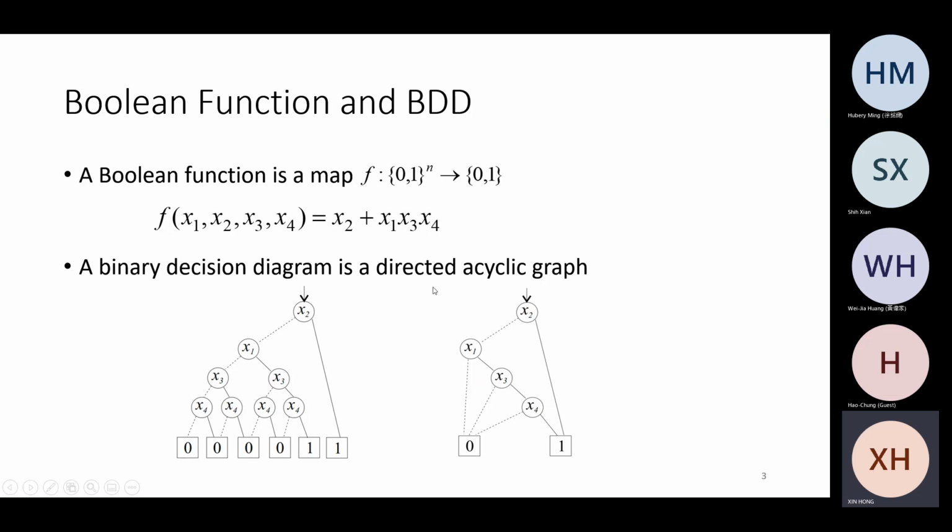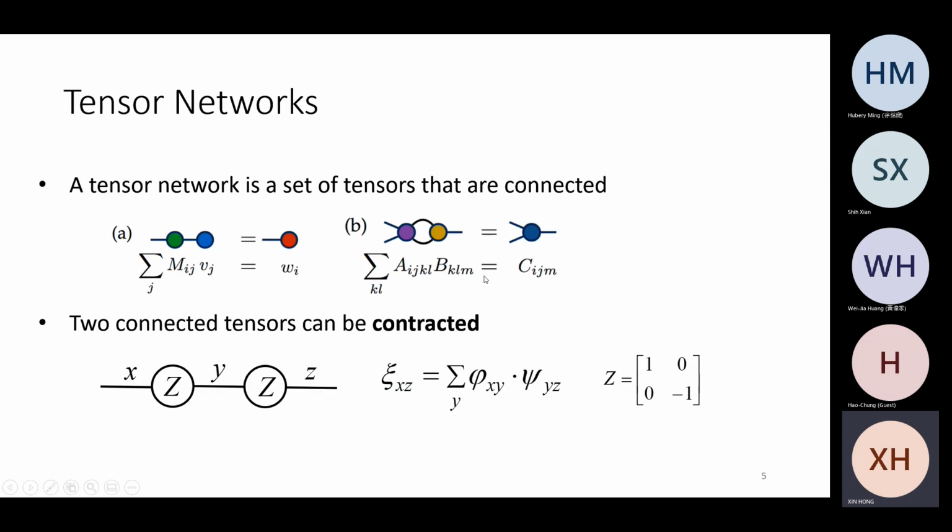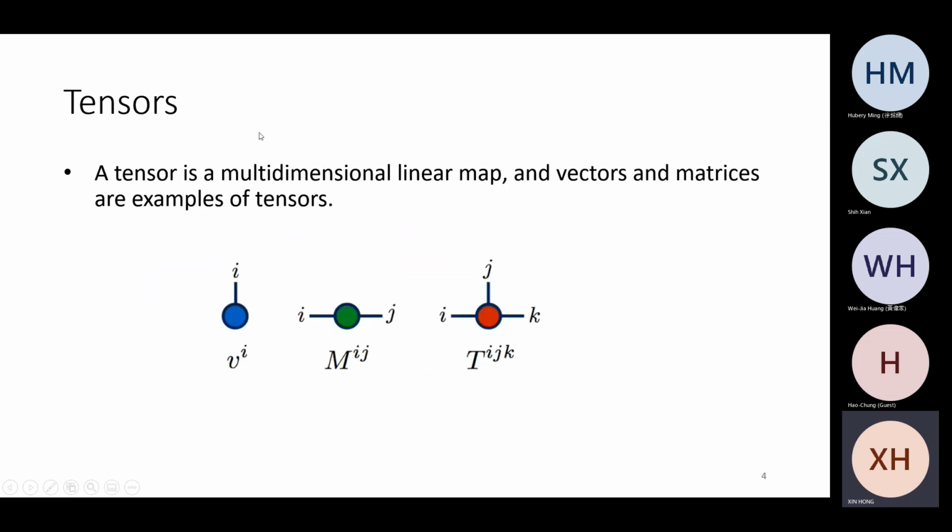this exactly represents this Boolean function. Compared with representing it as a truth table, where we take 16 values, if you represent it as this binary decision diagram, it can be really compact. This representation is also unique, and it can be used to do a lot of things, especially equality checking and a lot of verification tasks. And then following, I will introduce